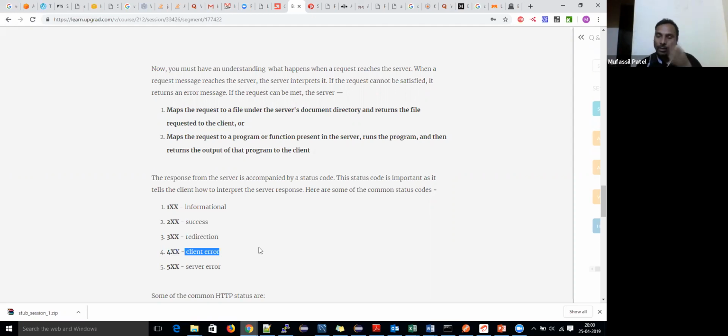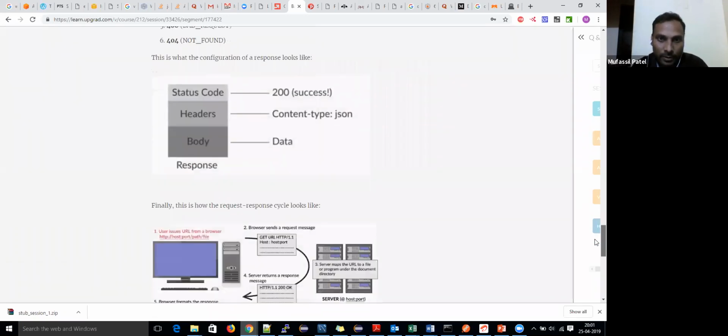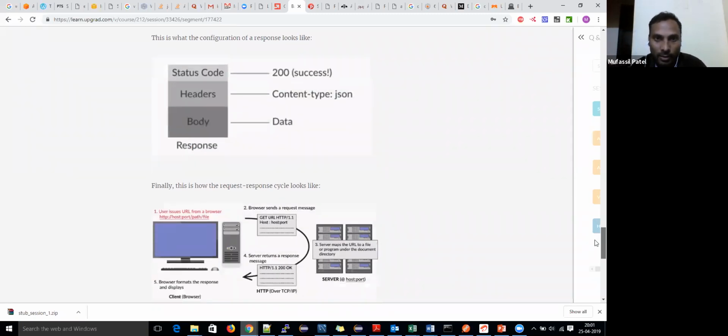Suppose on the server side, I have to send date of birth, but I am sending a string, or the server is expecting a date and I am sending a string, or the server is expecting an integer and I am sending something else. Then all these client side errors come under 4xx, and in 5xx all server side errors, like null pointer exception, or if the server throws any exception, then it comes under 500 plus. Yeah, HTTP status was 200, content type JSON, XML or anything, and in body